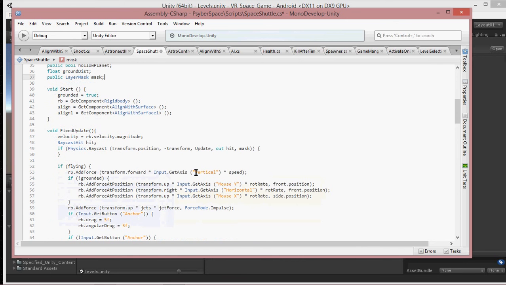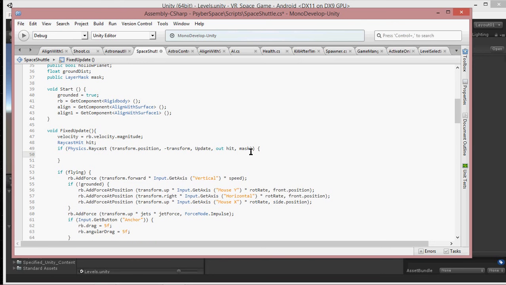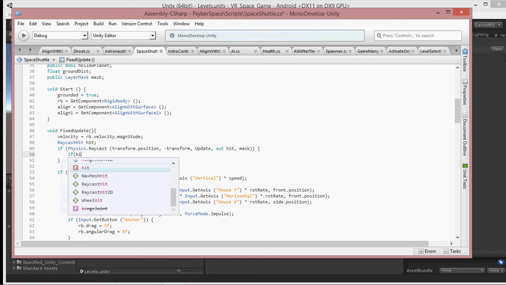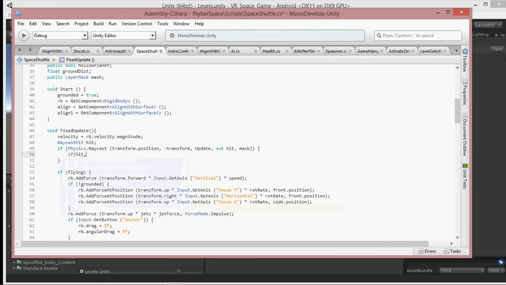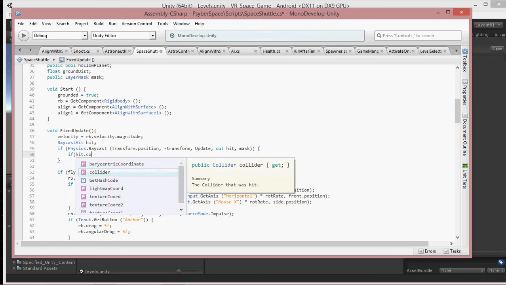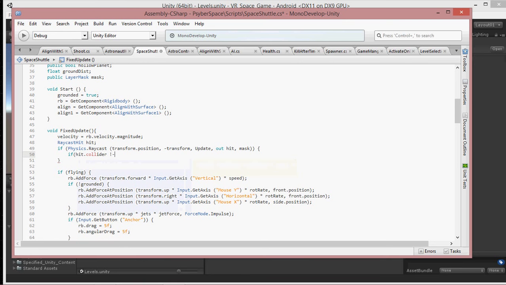What it's going to do is send a ray ignoring any masks that we haven't selected on there. And then we say, put a comma, if hit.collider is not equal to null,